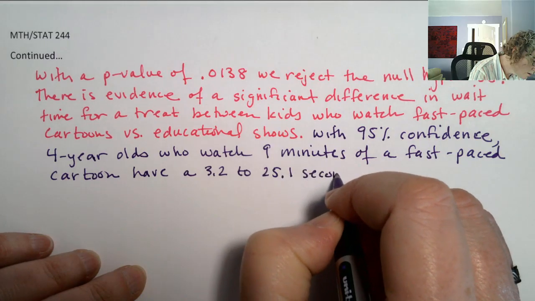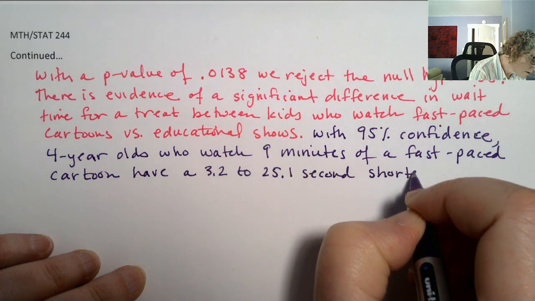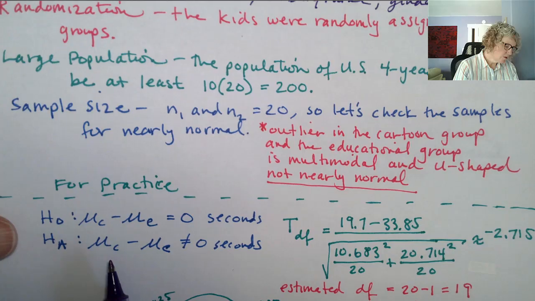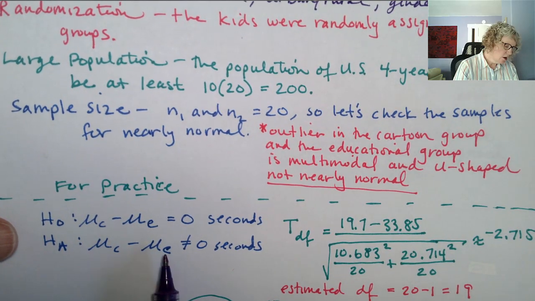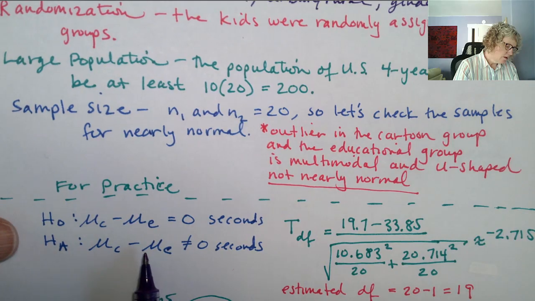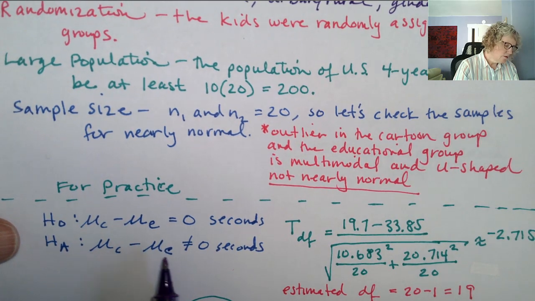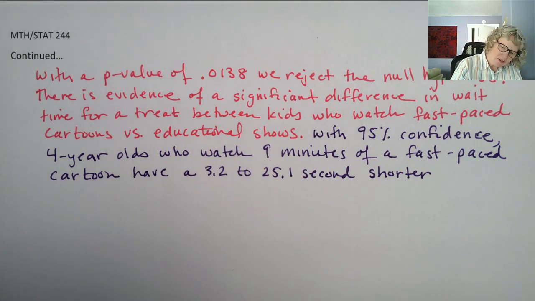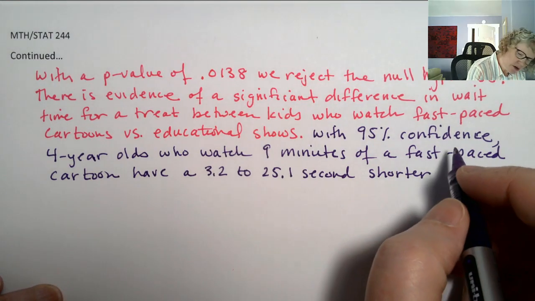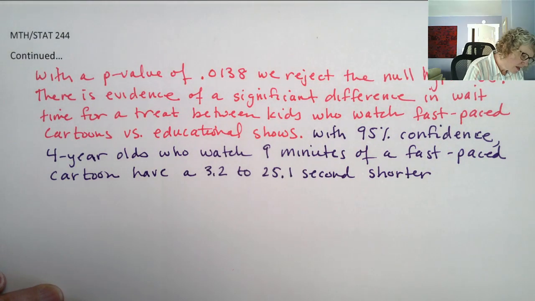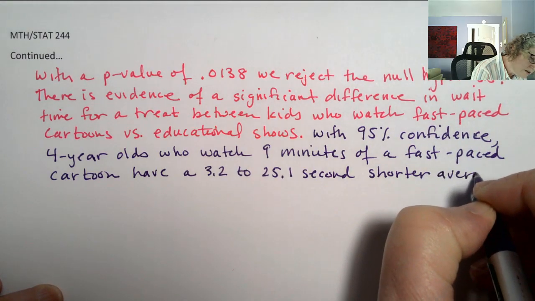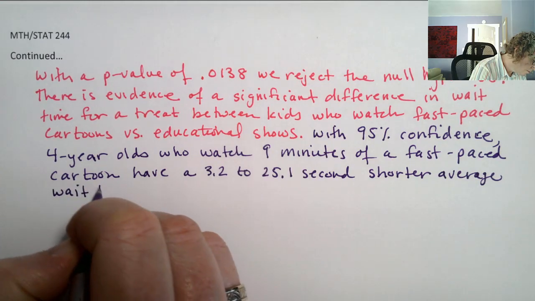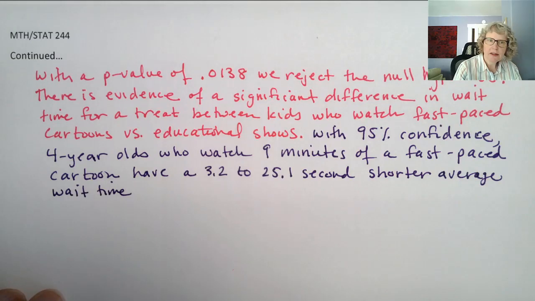Second, shorter. Right, because of the order we chose, the cartoon group was first. So that means the educational is longer, so cartoon is shorter. So you could phrase it in a couple different ways. Fast-paced cartoon have a shorter wait time, shorter average wait time. I want to be sure I get the average in there